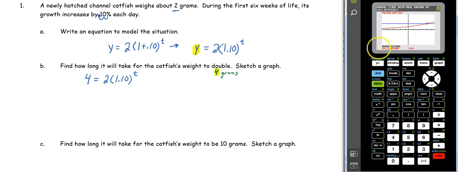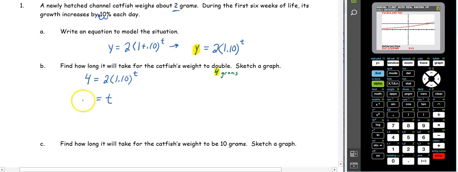We're looking at the x value for our answer. So we're going to have t is equal to, and we round that, 7.275, so the 5 rounds us up, so it's going to be 7.28. So how long will it take for the catfish to double? Remember, it's happening by days as our unit. So our answer then is